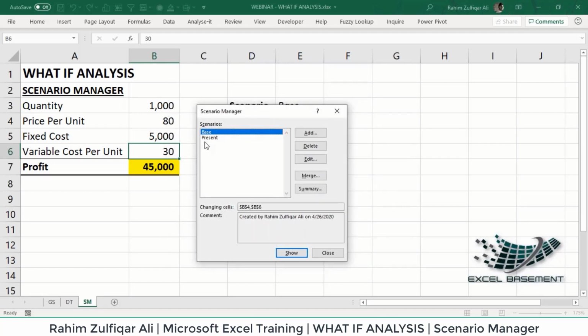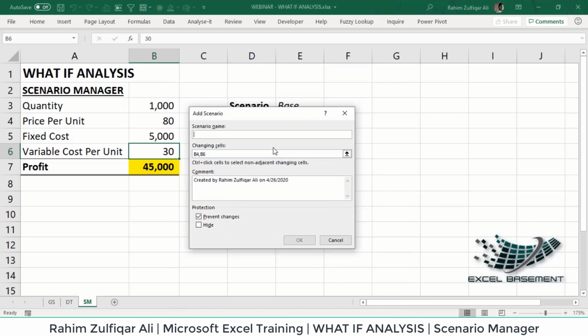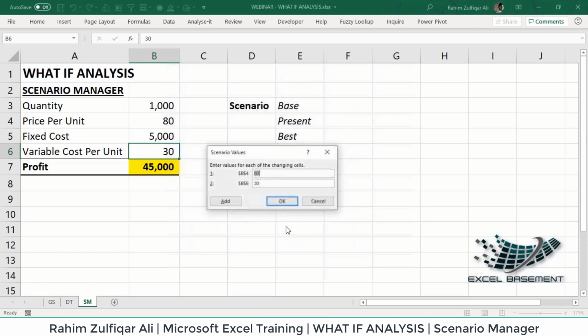So now we have two scenarios, and then we have the last scenario, which is the best scenario. We will again click on the Add button and define the name of the scenario. Definitely we want to change B4 and B6 in our case, but remember that if you are working on a P&L or any other kind of report, you might have more than two or three variables as well. Now in the best scenario, I need to increase the price per unit, which will be 120, and the variable cost per unit will be